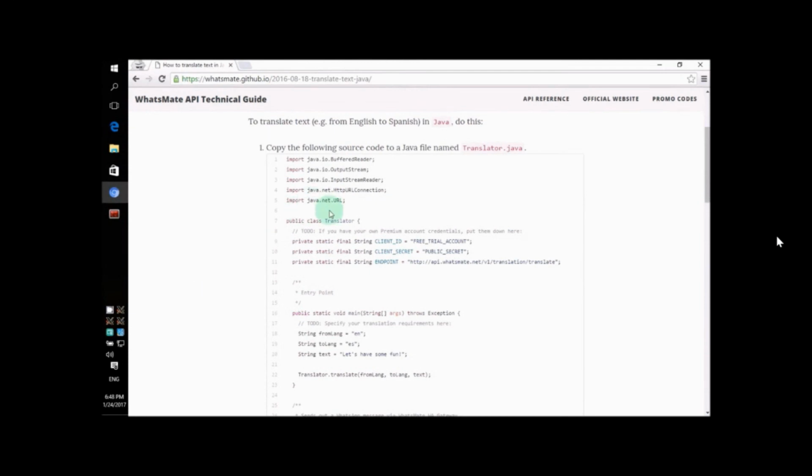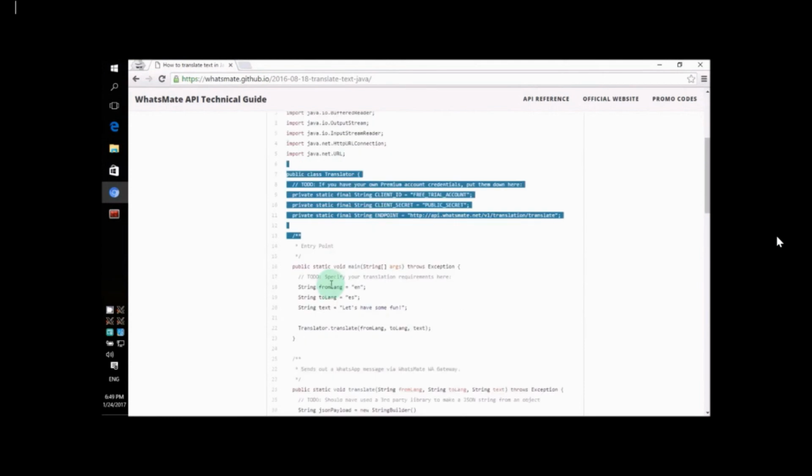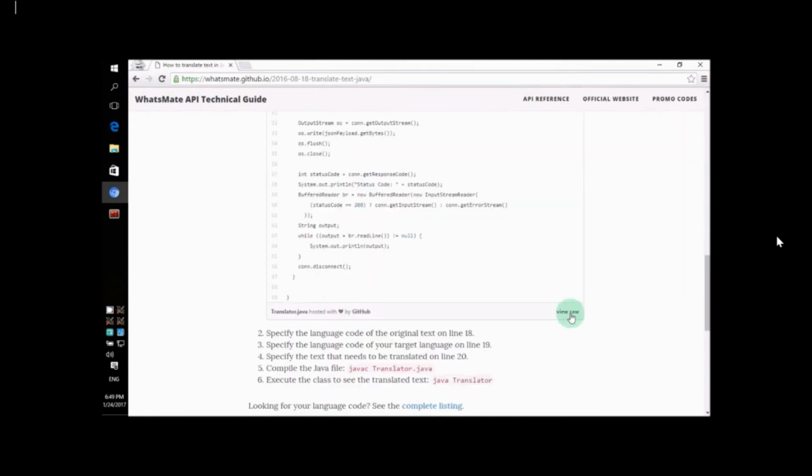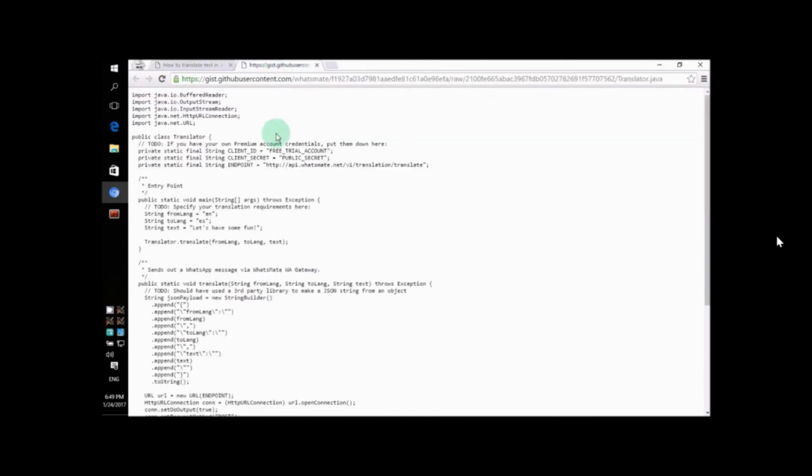What's up guys, how to translate any PDF document, Word document, or text from one language to another language. So head over to the WhatsApp Made API Technical Guide at github.io, and then copy this import,